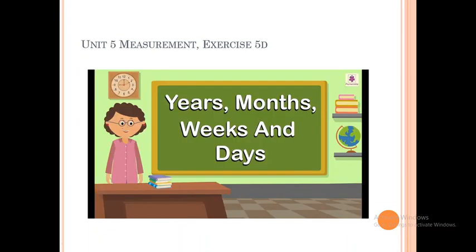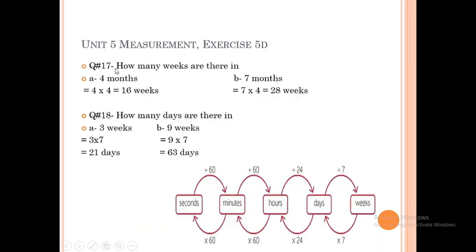Now the last two questions, conversion of months and weeks. We know that the bigger units of time are days, week, month and year. Question 7 is about converting months into weeks, and we know that there are 4 weeks in a month. So as many months are given in the question, you multiply it by 4 and you will get the answer.